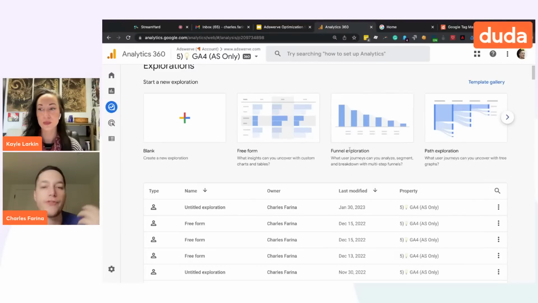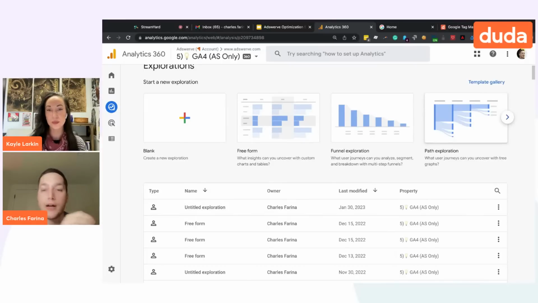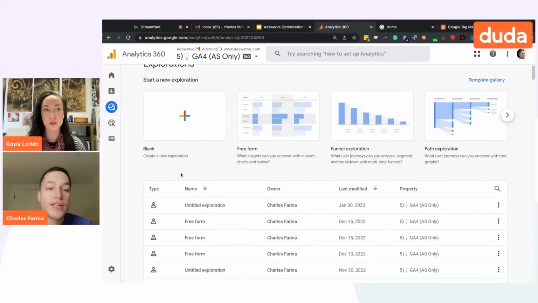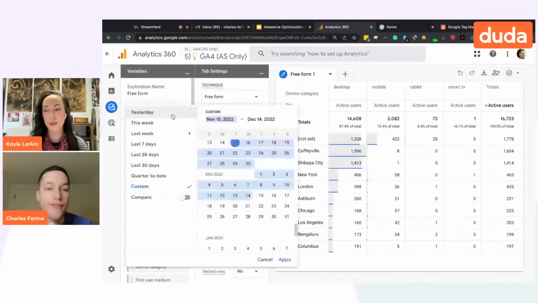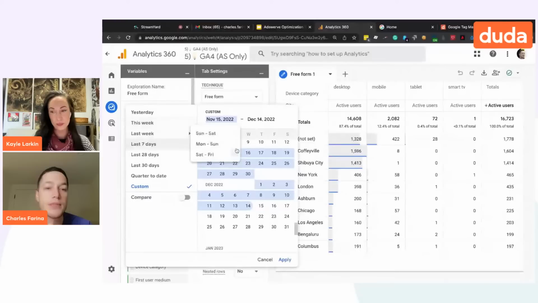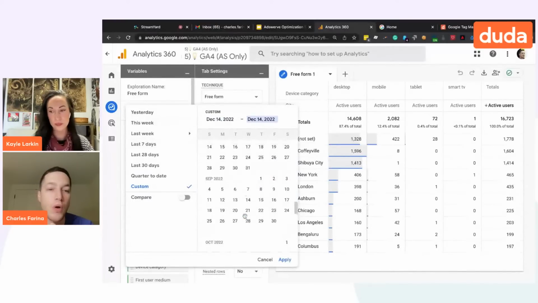Explorations is really where all the cool new features of GA4 are. This is where, for the first time, marketers can create funnels in Google Analytics, where we can actually have path reports that help us understand how users flow. And I'll show you some tips for this in a little bit. But if your data retention setting is only set to 2 months, that means in this new fun area of GA4, where we're going to spend a bunch of time, your date range selector will only let you have 2 months of data.